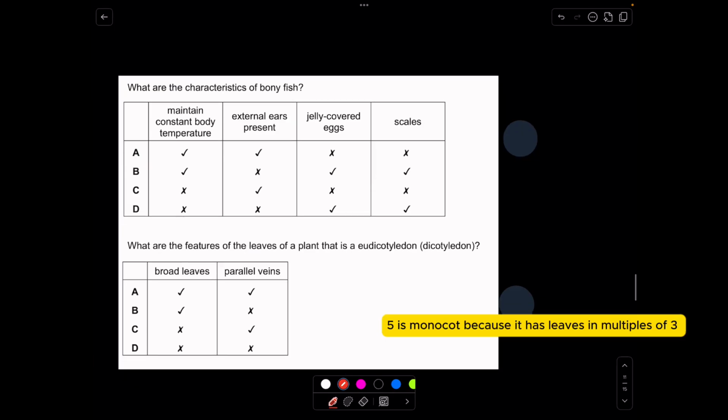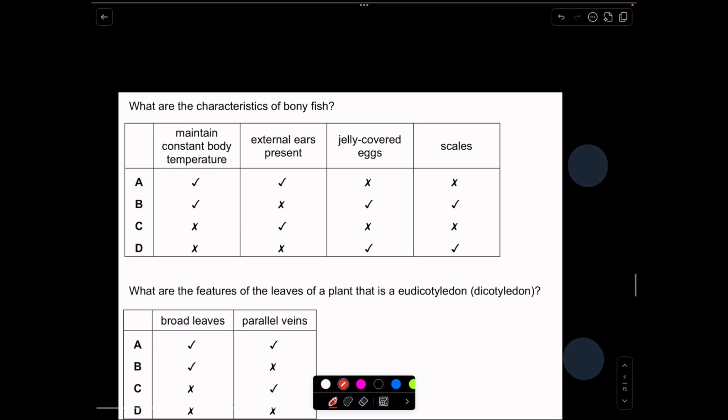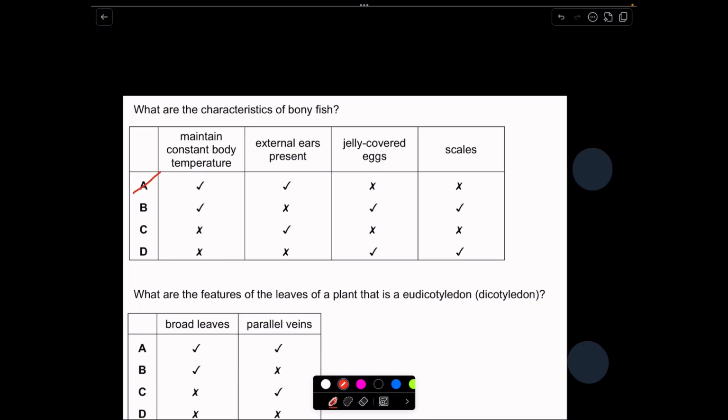What are the characteristics of bony fish? Scales, yes, they have scales, so option A and C are wrong. Okay, external ears. Last time I checked fish, they don't have external ears. Jelly covered eggs, perhaps. Maintain constant body temperature. Now this is a question a lot of people get wrong. Fish do not